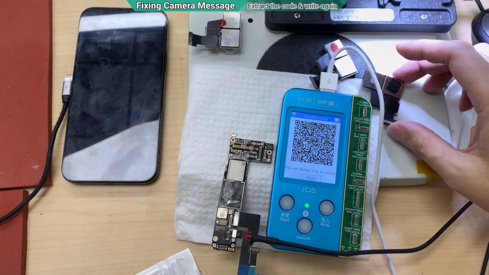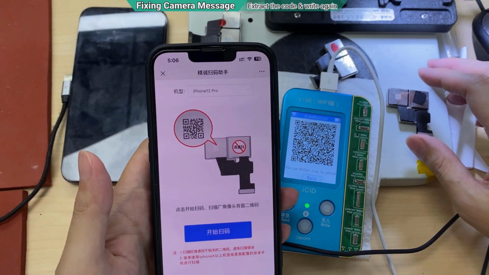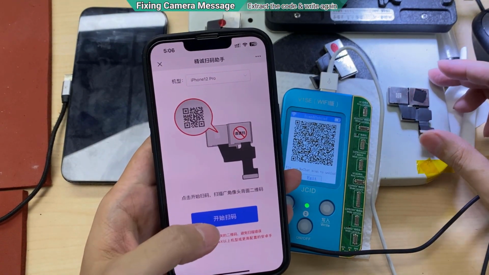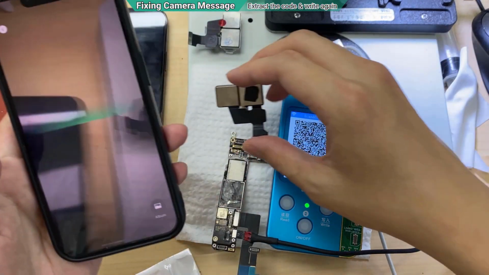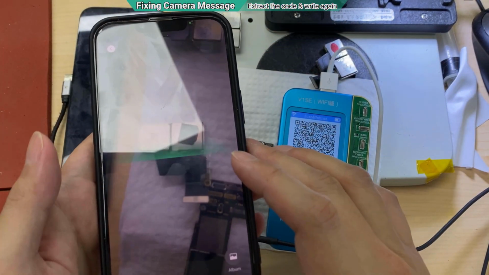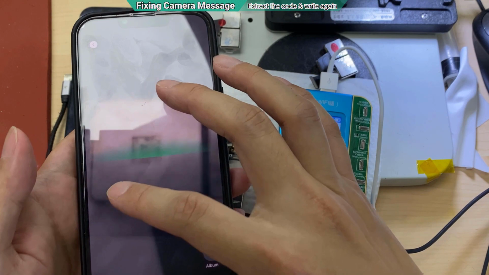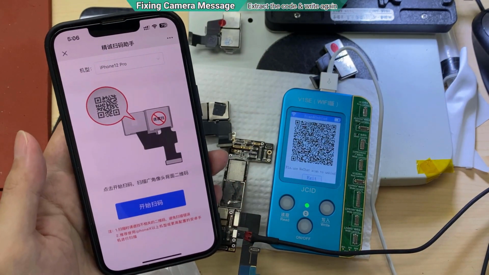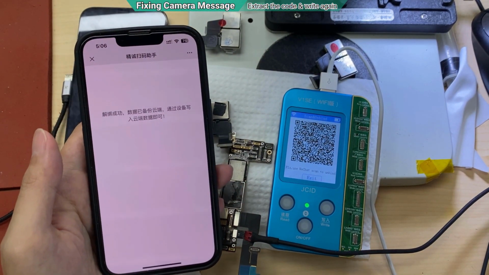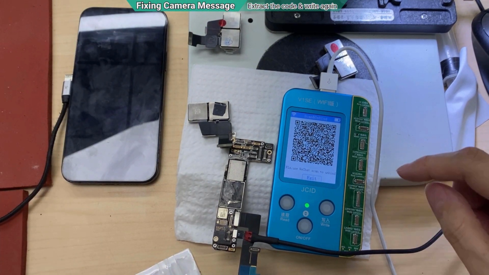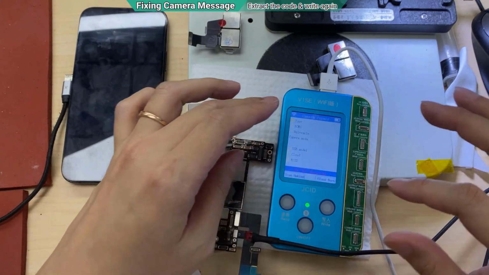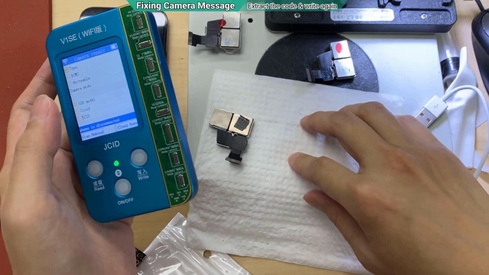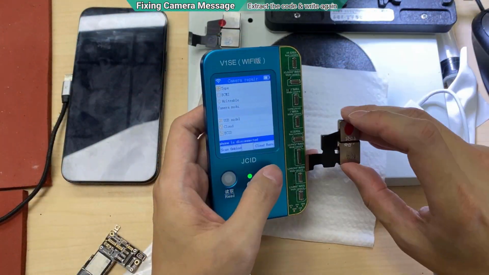Now I know why he gave an extra tip. And select the model, this is a 12 Pro, and begin to scan the code. Okay, done. It says already saved to their cloud. Yeah, what an annoyance. So what's left is the camera itself.